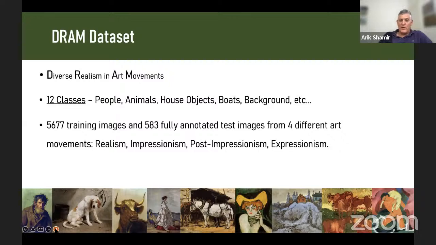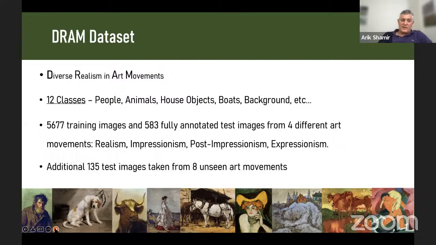So we took diverse art movements in order to train the network. We also gathered a small set of around 600 fully annotated test images from the same art movements. Lastly, we added an additional 135 test images from different art movements, not from the original ones, so we can see the performance on other art types or domain types.